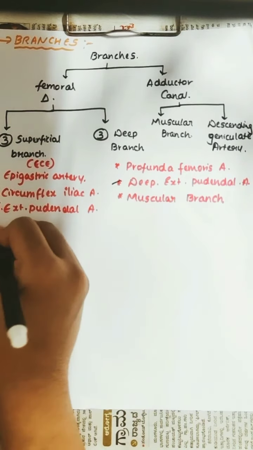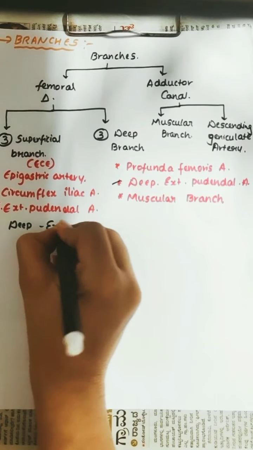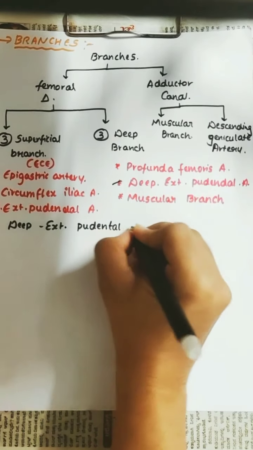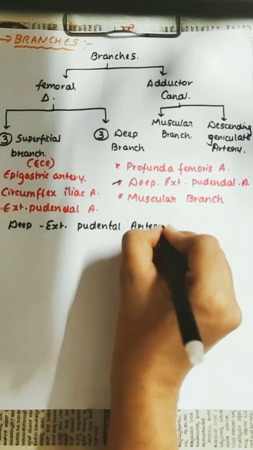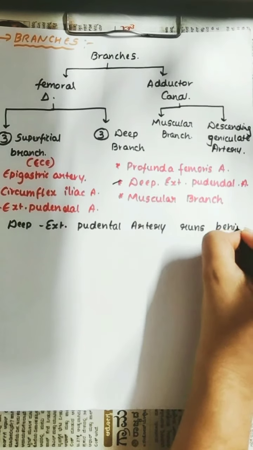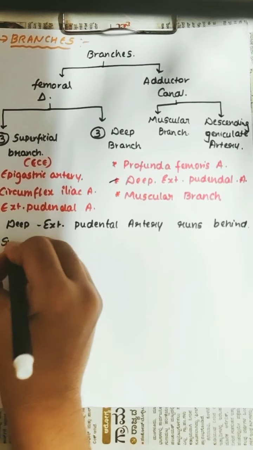So the deep external pudendal artery runs behind the superficial external pudendal artery